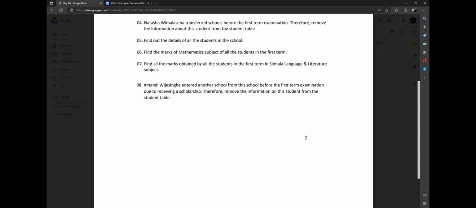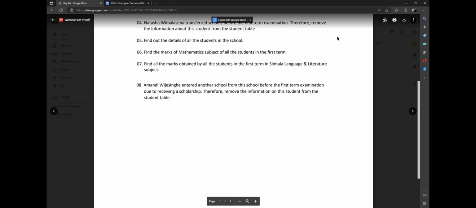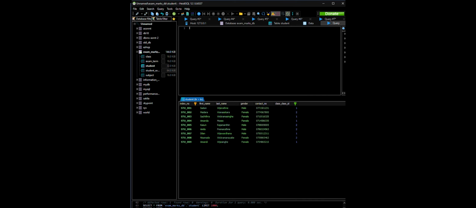Question number 6. Find the marks of the mathematics subject of all the students in the first term. So let's write our relevant SQL query in MySQL. In this question we need to find the mark. So select student exam mark record .mark. What we need to do here is find the mathematics marks of the students in the first term. So we are going to find all these marks from the student exam mark record table,